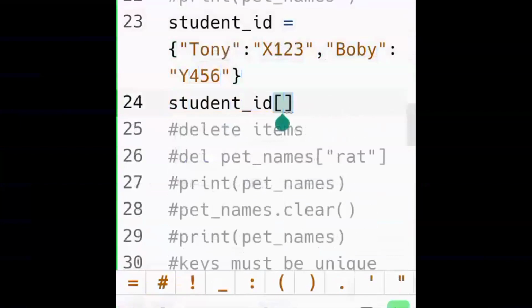Now here are some modifications you want to do. Sorry, my keyboard got stuck.